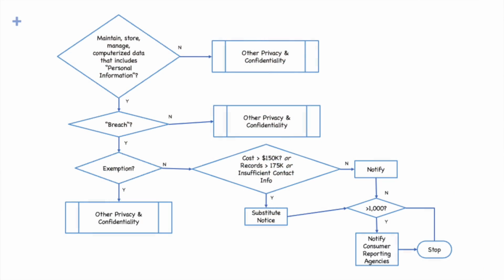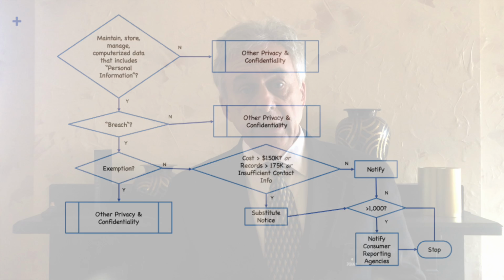At its simplest, the Act says that any entity that has a database of personal information that has been breached has an obligation to notify the individuals whose data was compromised. In order to understand whether this applies to your business, your data, or your data breach, we need to unpack a few things. First, the Act governs all entities that maintain, store, or manage computerized data that includes personal information. The entity can be a governmental agency, a political subdivision, such as a town or county, a business doing business in Pennsylvania, or even a natural person who's a resident of Pennsylvania.